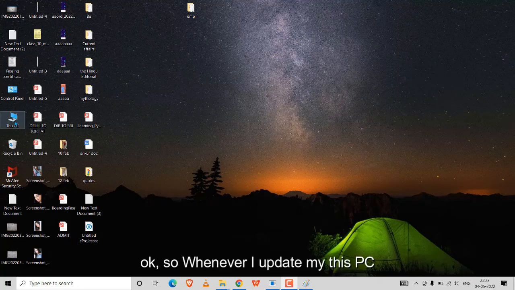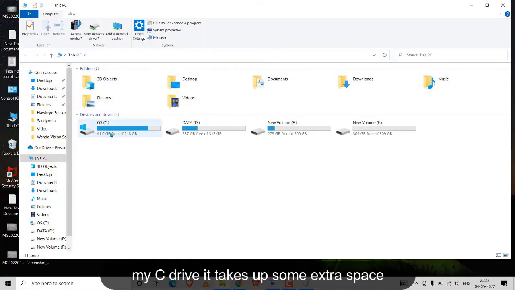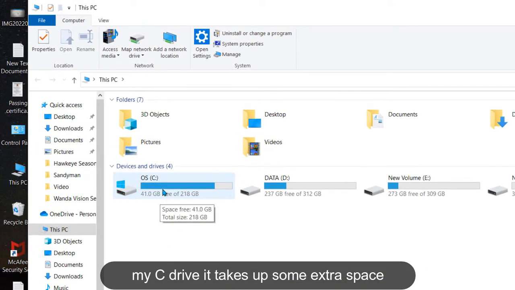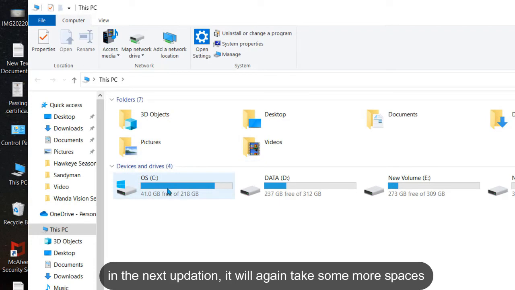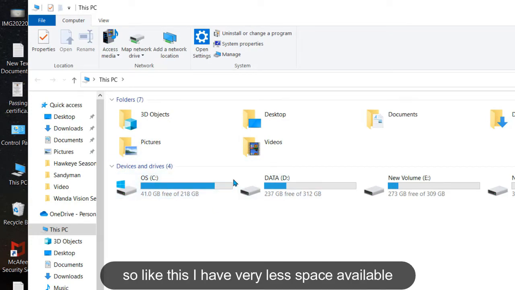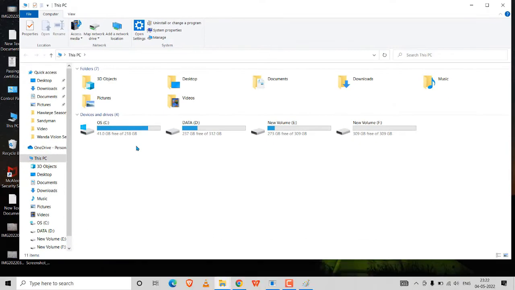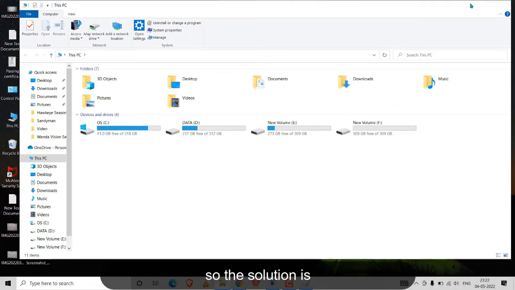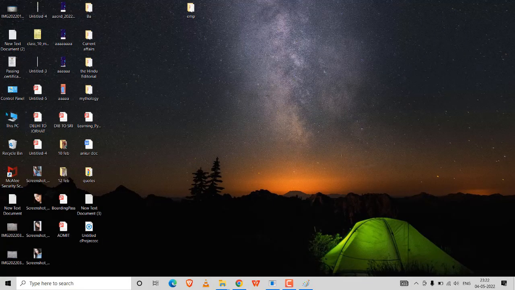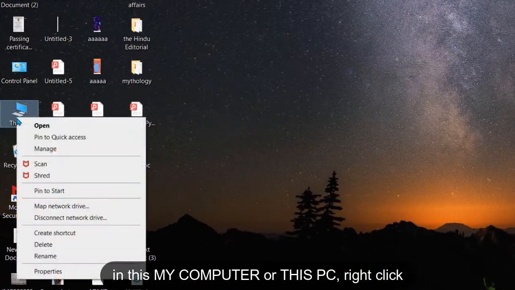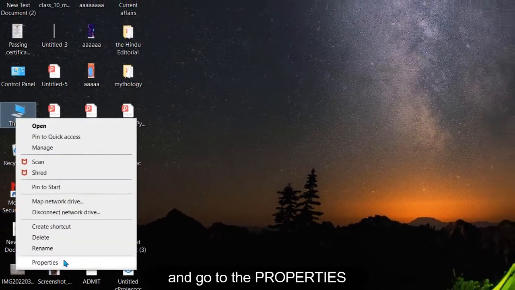Okay, so whenever I update this PC, my C drive takes up some extra space. In the next update, it will again take some more space. Like this, I now have very little space available. So the solution is, in this My Computer or this PC, right click and go to the